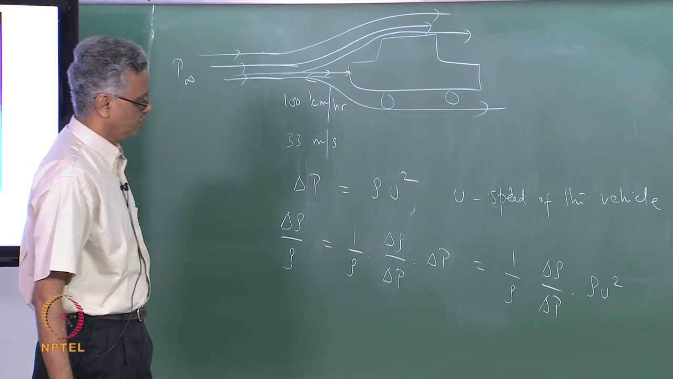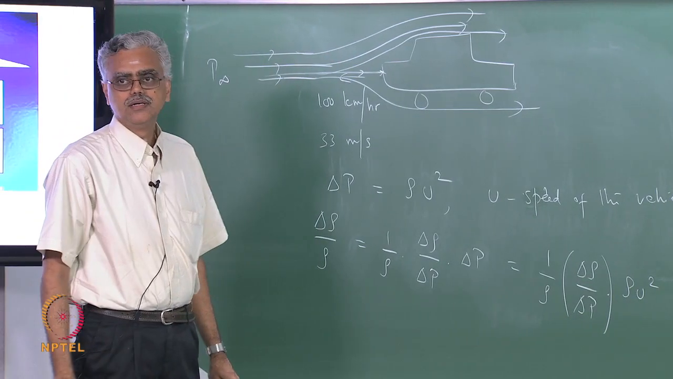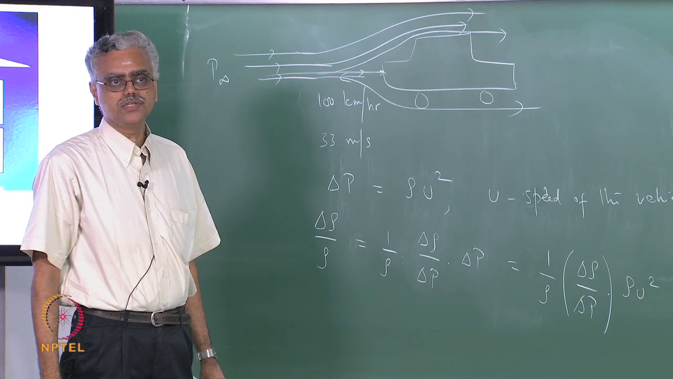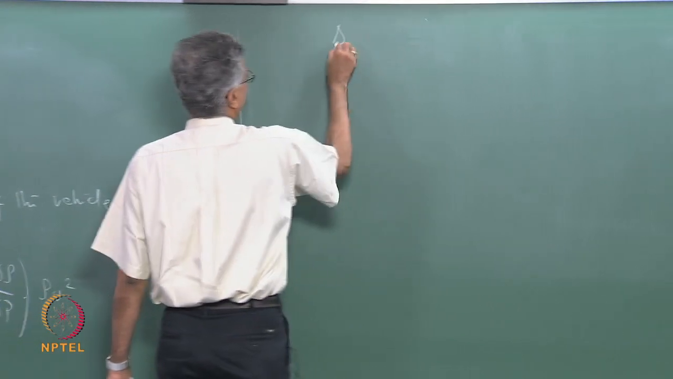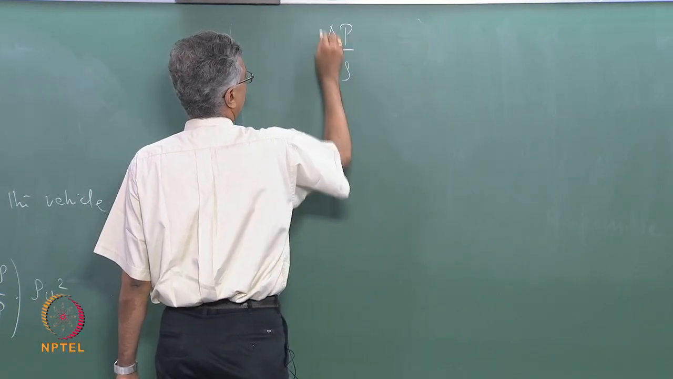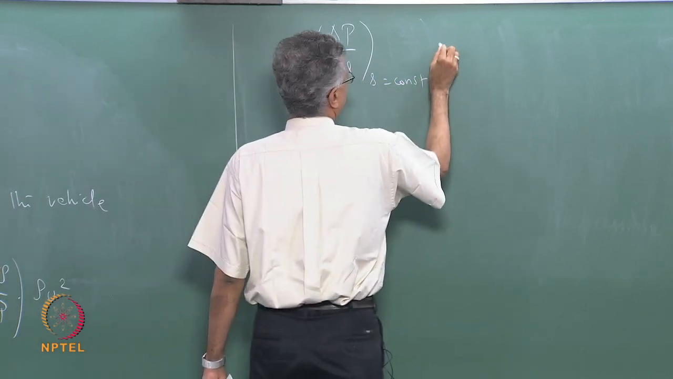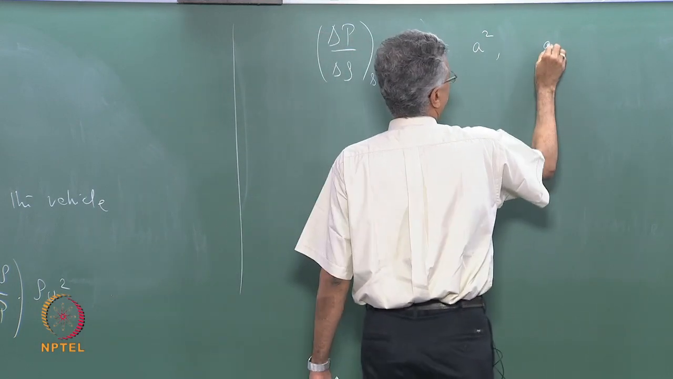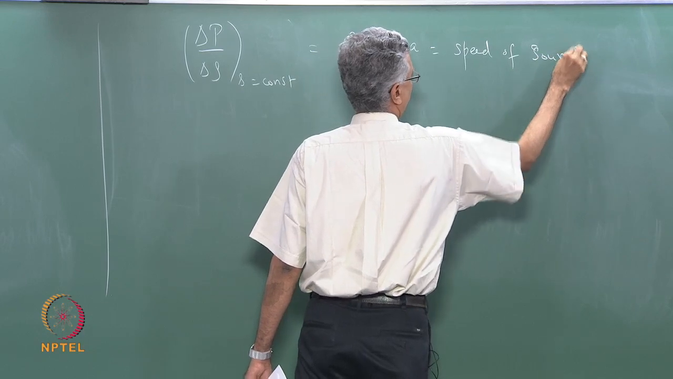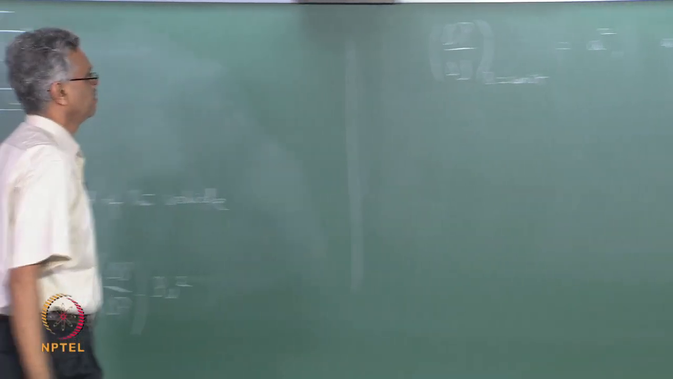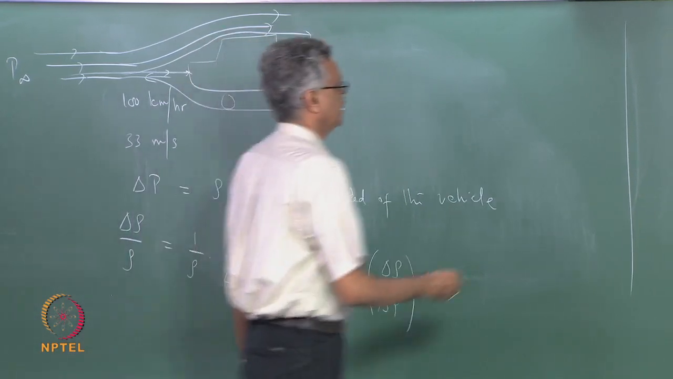Now most of you know from your high school physics that this quantity, if you evaluate it for an isentropic process, is the square of the speed of sound. So we know from high school physics that delta P over delta rho at constant entropy, which is an isentropic process, is nothing but the square of the speed of sound. So A is the speed of sound. Right. So if I introduce that here, I get